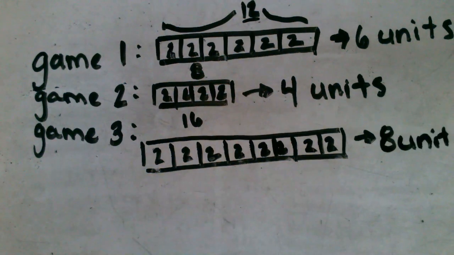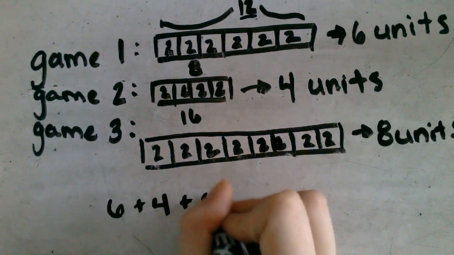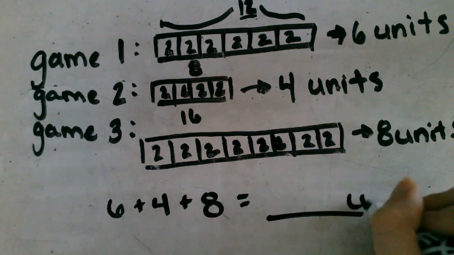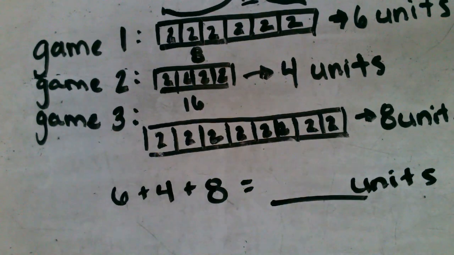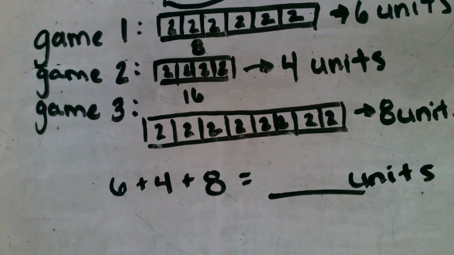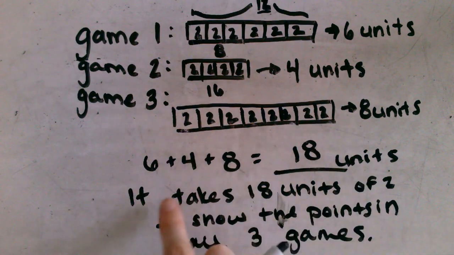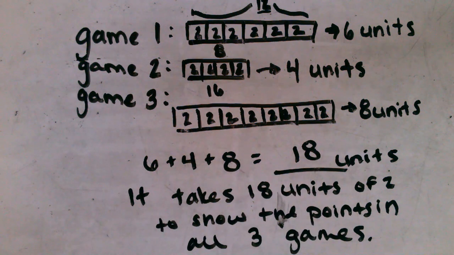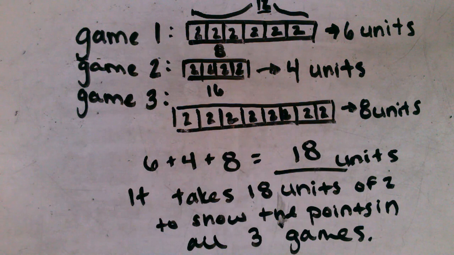Now that we have the total units for each of the games, we need to add these up. 6 plus 4 plus 8 will give us the total units scored. Pause the video now and figure out the total units, writing it in a sentence to explain your answer. The final answer is 18 units. So it takes 18 units of 2 to show the points in all 3 games that our player played in. Nice job, mathematicians. Don't erase these strip diagrams, as we are going to use them in our full group activity today. Stretch really quick, and then we are going to continue to work on our whiteboards for our full group